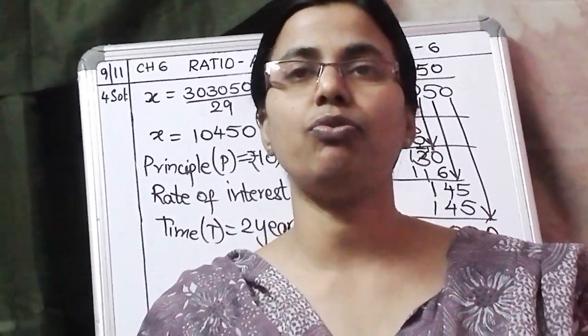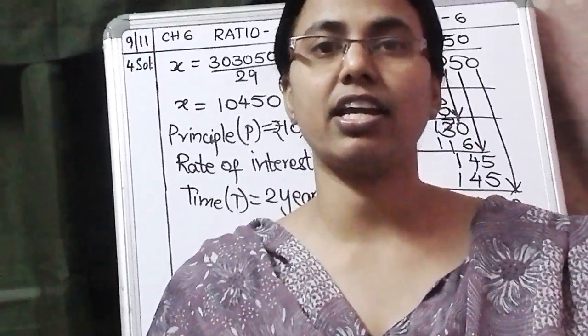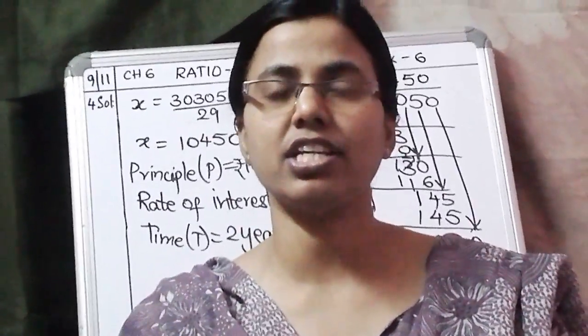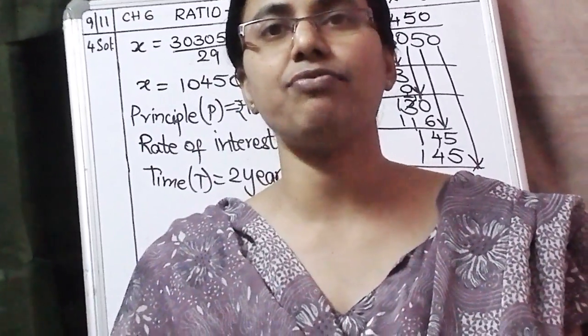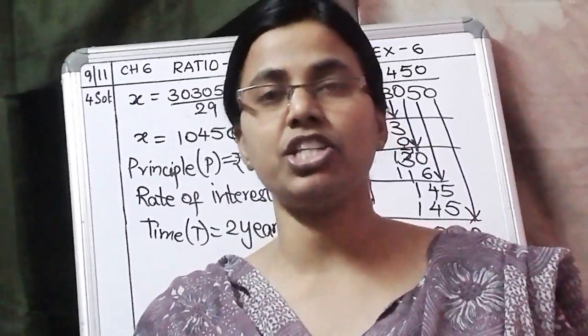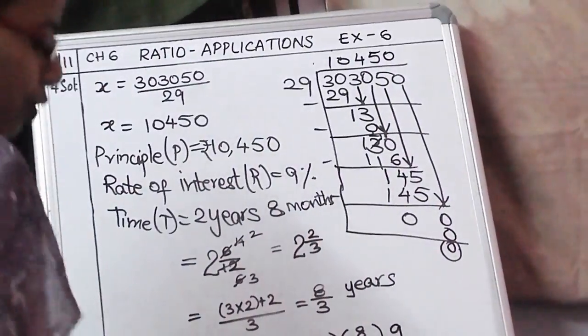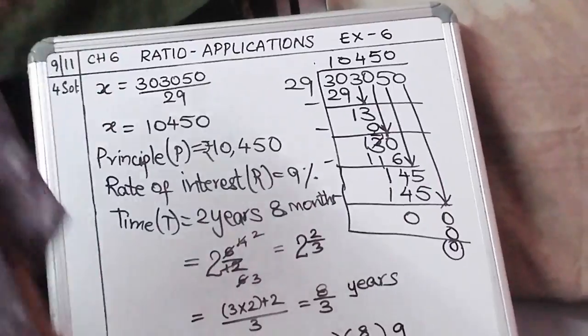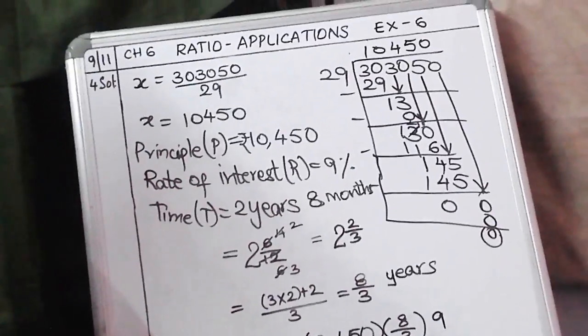And then we have found out the principal amount for the rate of interest 8%. Then what did we do? We have taken the second part where we have taken the rate of interest as 9%. The principal amount whatever we got, that we have taken and we have solved. Finally, we reached our solution where we found out the amount. The amount we got is 12,958. Copy this in your classwork book, children.